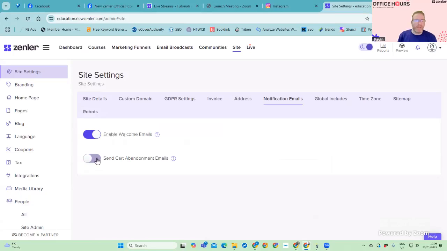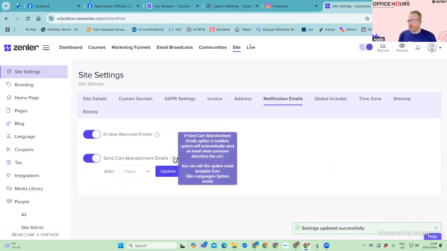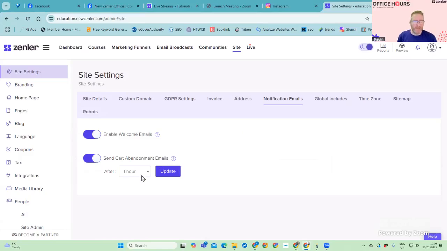I don't know. And the other one, and I love this one, is the abandoned cart emails. So somebody's gone to your cart, someone's gone to buy your course, they've put their email address in, but they've not completed the sale. That is what's deemed as an abandoned cart, or dunning as it's otherwise known. And we now have the ability to turn these on. So if somebody walks away and they don't complete a payment, but they've added in there as a minimum their email address, it will now, after a period of time that you choose, 1 hour, 6 hours, 12 hours, 24 hours, send an email.